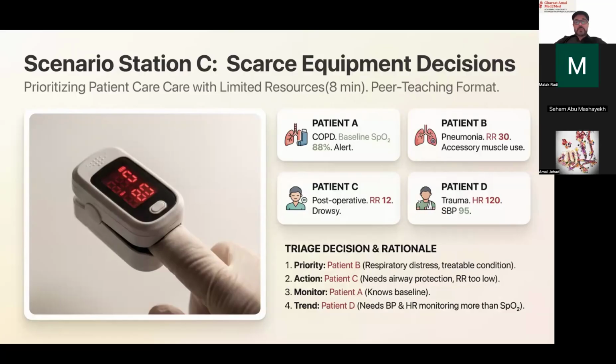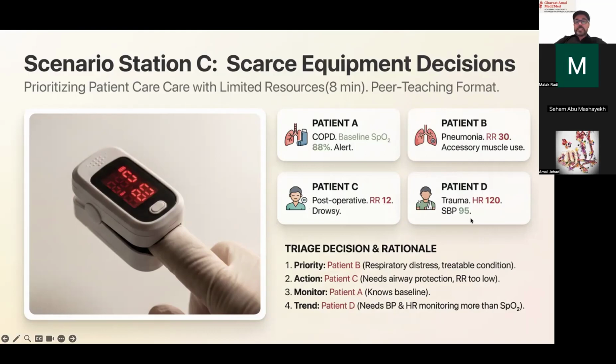blood pressure of low blood pressure of 80. If your patient A has a low oxygen, 88%. Patient B has a high respiratory rate and using accessory muscles. Accessory muscles are the sternocleidomastoids. They have rib retractions. You can see them breathing with difficulty, and their body is just getting so tense with every breath. Patient C has a respiratory rate of 12, very low, and drowsy means he's not able to wake